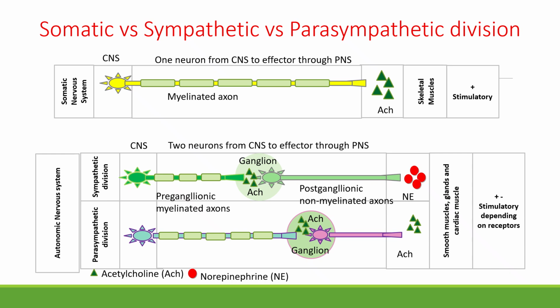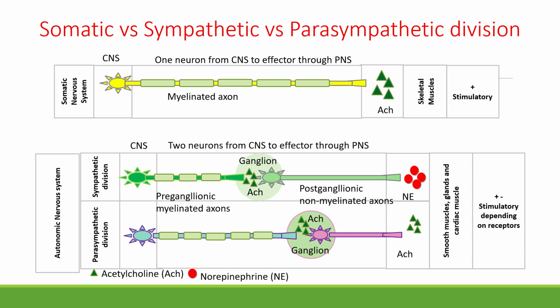So this is taking a look at the somatic at the top, and the sympathetic and parasympathetic division at the bottom, the neurons associated with that. So if you take a look at the one at the top, this was again back at chapter 9 when we talked about the somatic nervous system, where we had the central nervous system, we had a myelinated axon. The electrical signal ran down the myelinated axon, caused the release of acetylcholine. The acetylcholine caused the skeletal muscle ultimately to contract, and so the acetylcholine was considered stimulatory on that